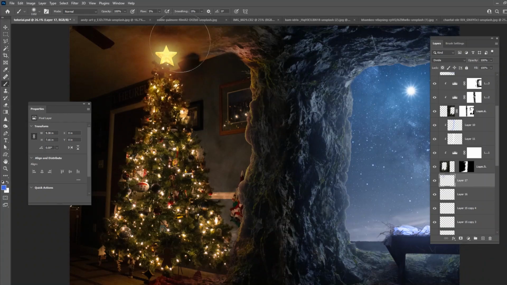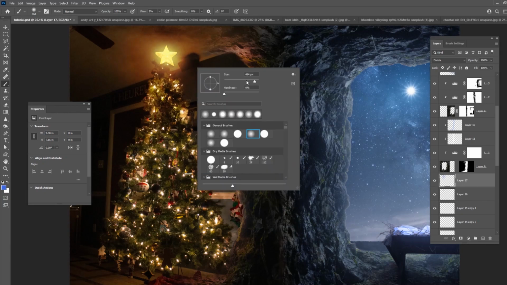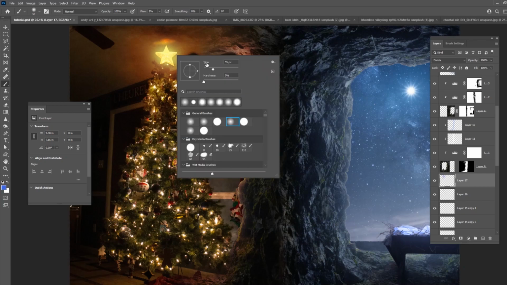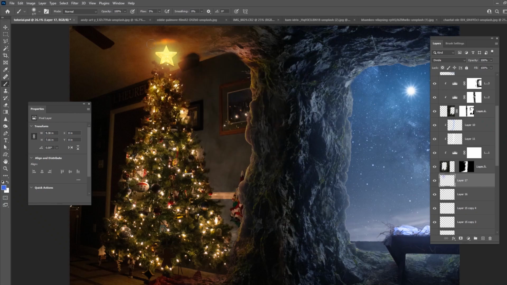There we go. Nice orange, yellowish star right here. There we go. That is nice and bright. And it's yellow, which is kind of what I wanted. Now it would be reflecting on the ceiling, right? So I want to make sure the ceiling has some bright glows right in here. So I just want to have some reflecting lights right on the ceiling and right over here